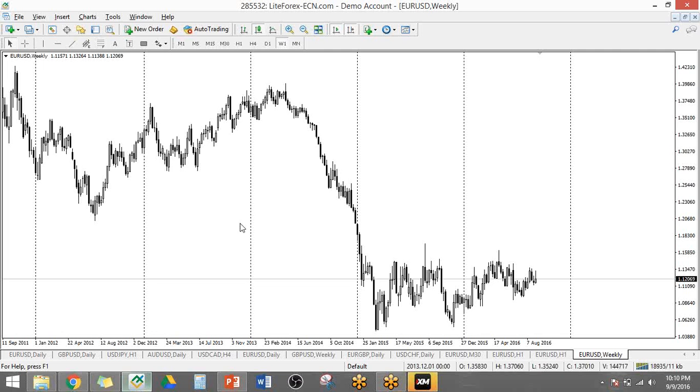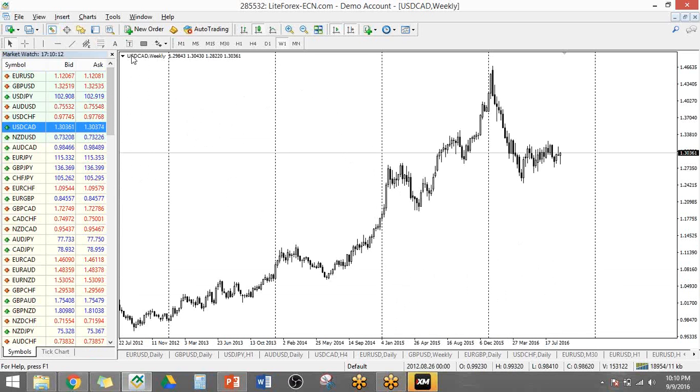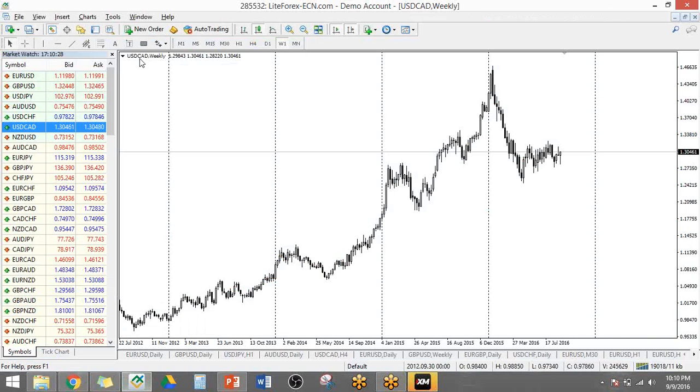However, if you check your charts, if you're going to pair it with the US dollar, what you have is USD CAD. Meaning, since data is good for the Canadian dollar, you'd like to buy the Canadian dollar and sell the US dollar. So to do that, we have to go short, meaning we have to sell the USD CAD pair.